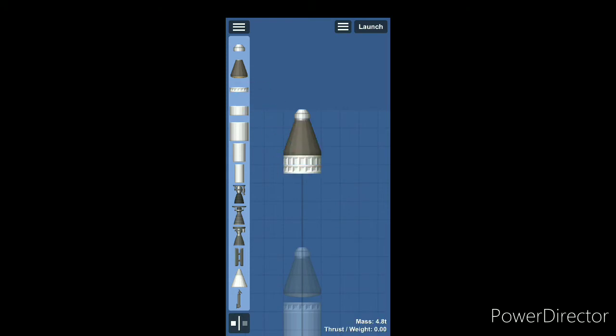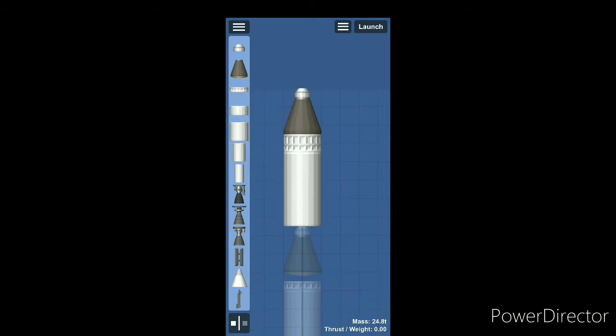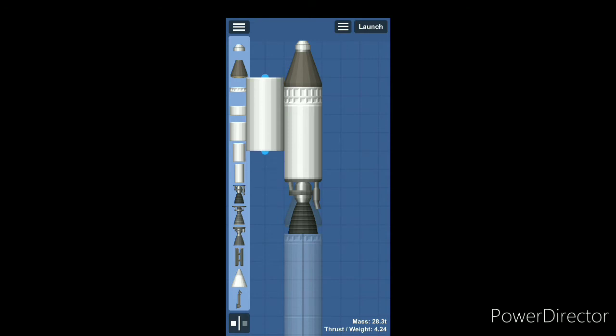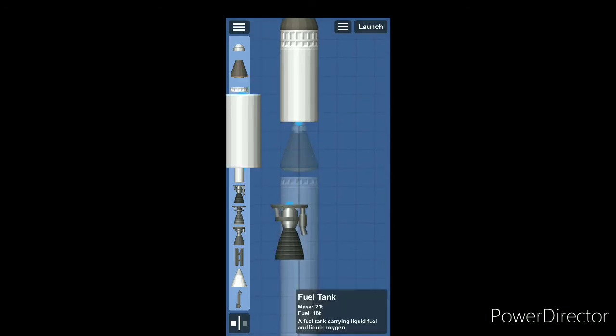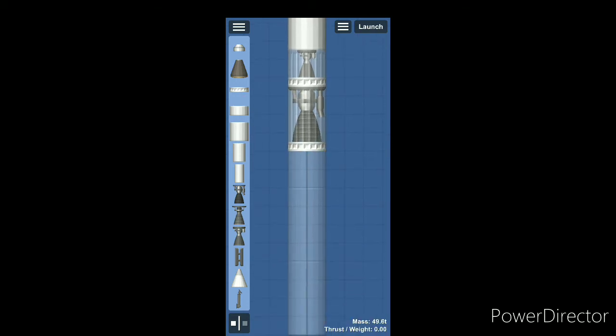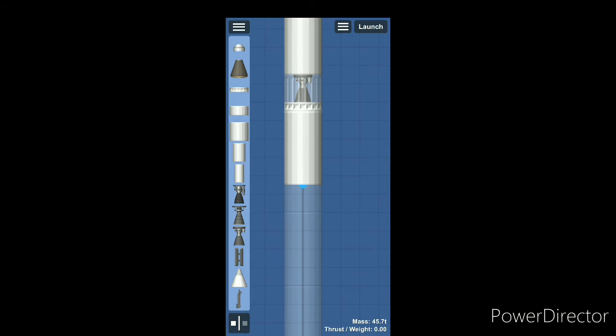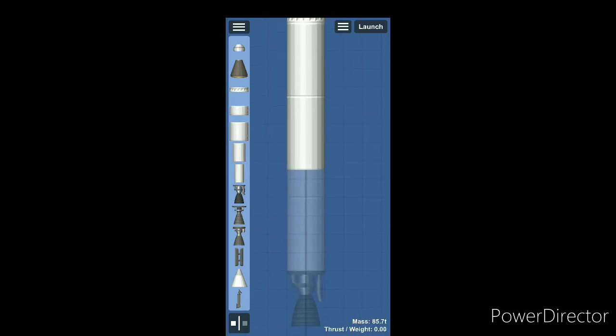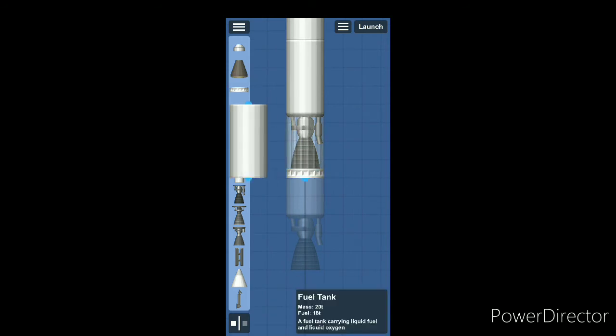And next we are going to start using the fuel tanks, which are very useful for a rocket. I mean, which are the main portion of the rocket. So we'll place two fuel tanks here, and we'll place a thruster or an engine, which can be used to power the rocket. We'll just place this separator. Its use is that it covers the inner part of the rocket, like the thrusters. And this is another thruster. So we'll just remove this and we'll put more fuel tanks here. We'll put one more fuel tank here. We'll put the thruster. We'll put another separator, and we'll put the last thruster.